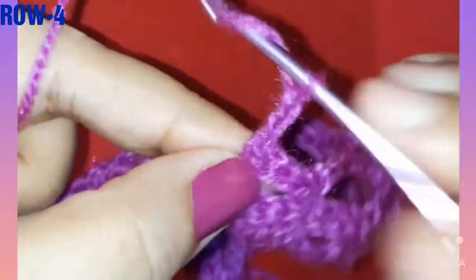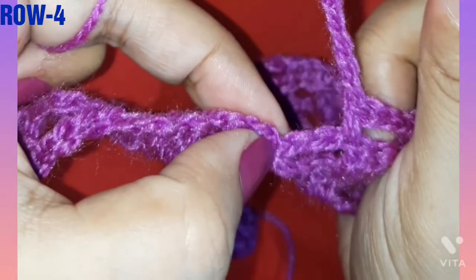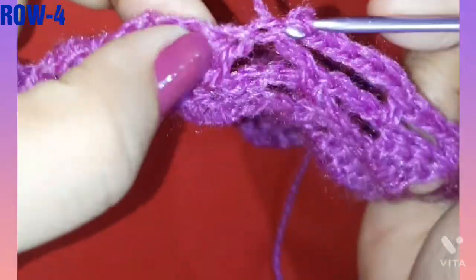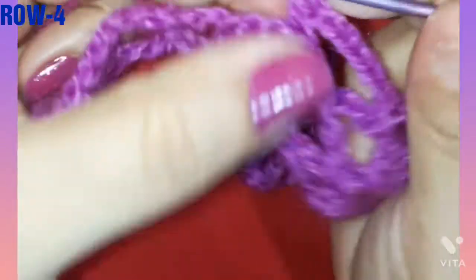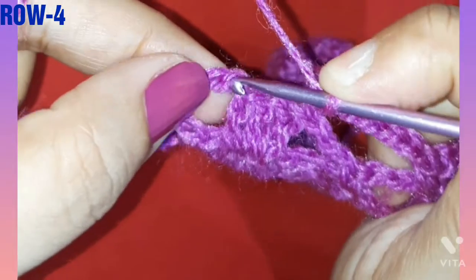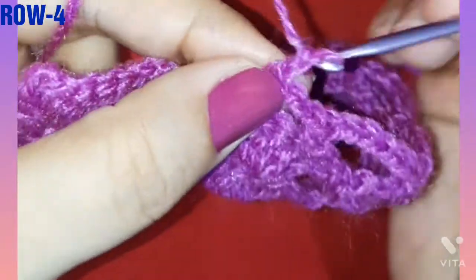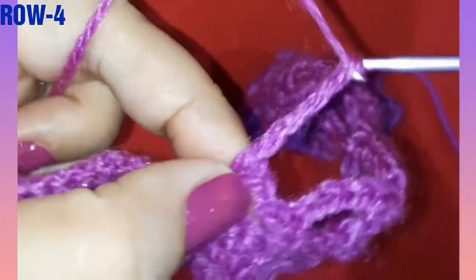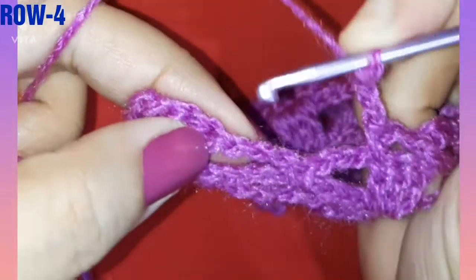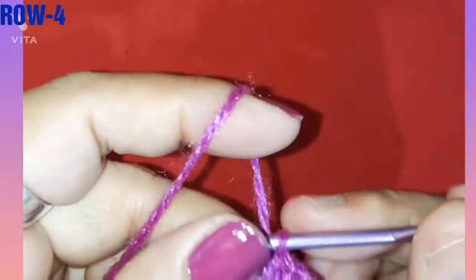Chain 6 and skip this midsection. Into the last chain here, inside the hook work 1 SC. Then chain 6 again. Chain 3 again. Skip the DC set. Into this very first chain after the DC set work 1 SC. Now chain 6, 1, 2, 3, 4, 5 and 6. Skip this 3 chain, SC, 3 chain. In this last chain, inside the hook work 1 SC. And to end this row here,